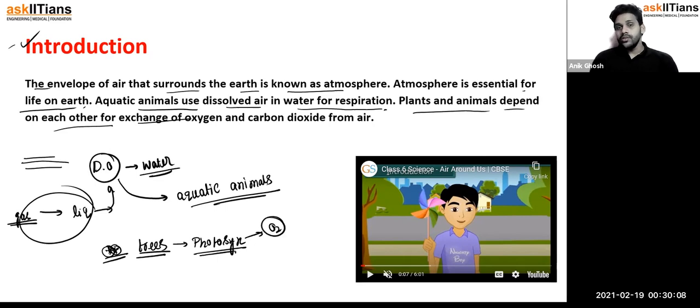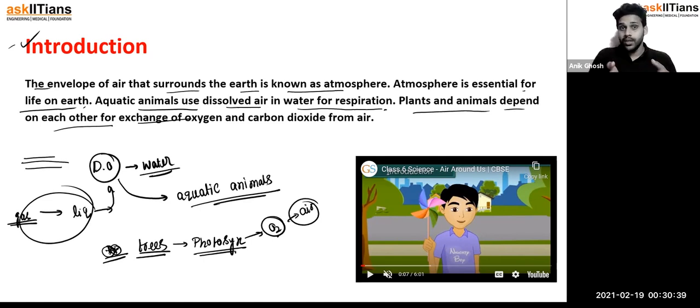Okay, so what happens is, during photosynthesis, plants take up water and carbon dioxide to make glucose, and they give up oxygen in the air. So this is the source of oxygen in the air, and we are taking up that oxygen only to complete our respiration process. Via respiration we take up the oxygen, and that is the oxygen which helps us